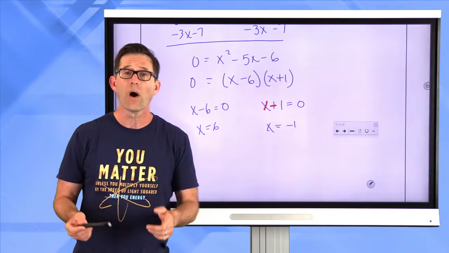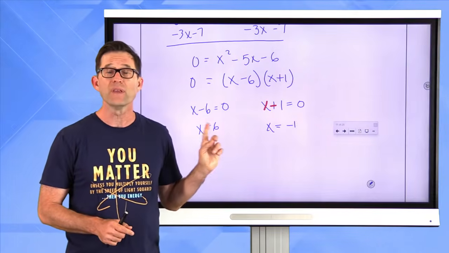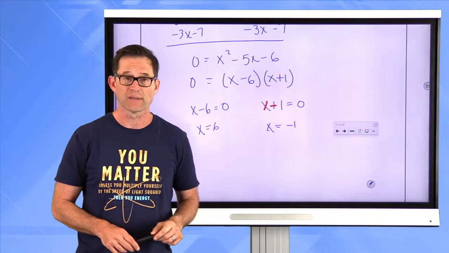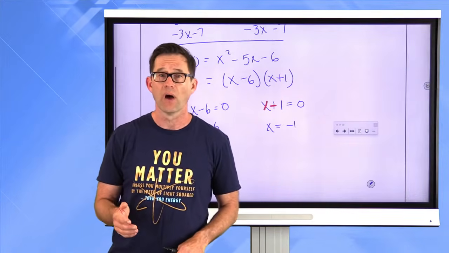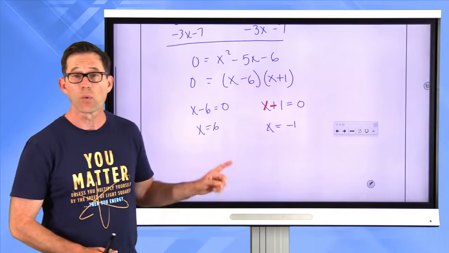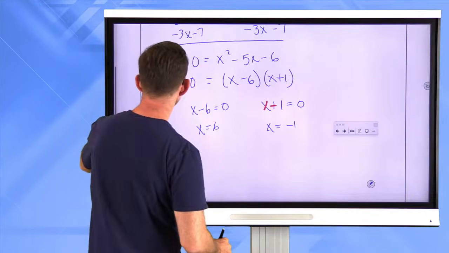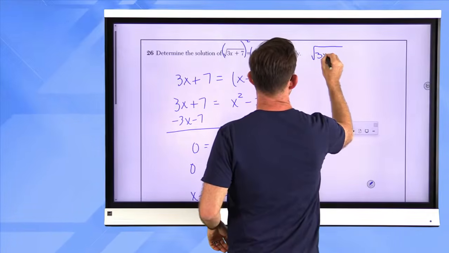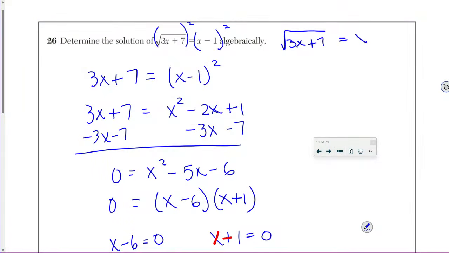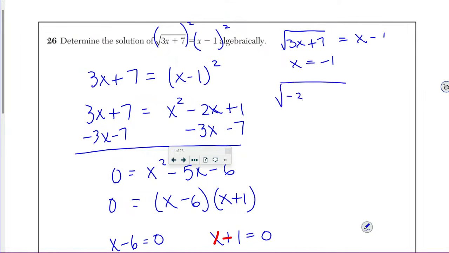The reason why is because one of these two roots is extraneous. That doesn't always happen when you have square root equations, but it often does, okay? And the one that doesn't work is x equals negative 1. I can prove it to you, right? If I substitute x equals negative 1 into this equation, I'll get the square root of negative 3 plus 7 is equal to negative 1 minus 1,